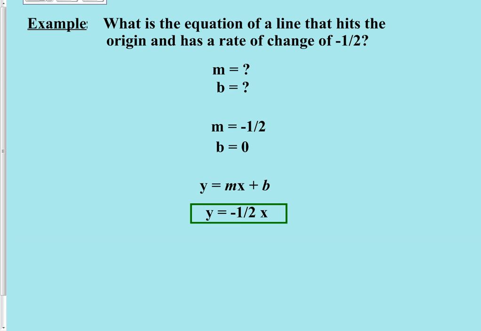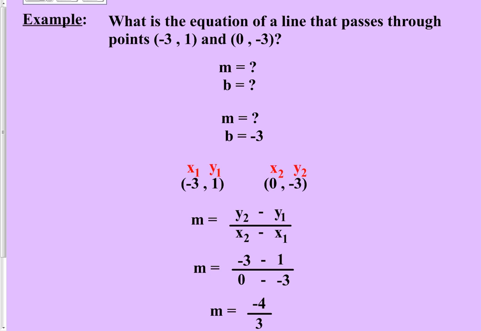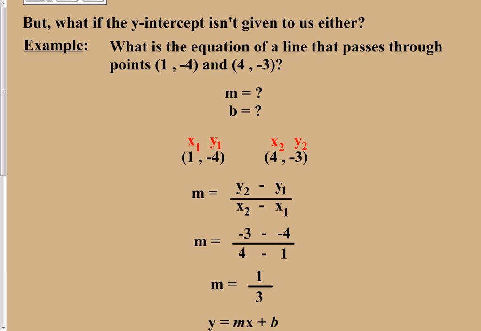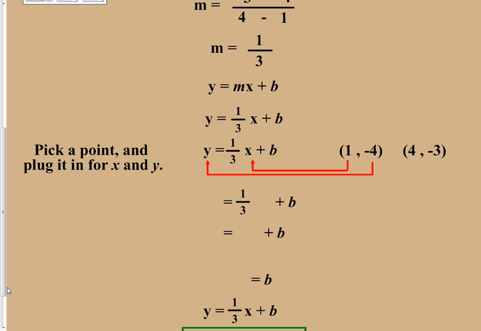Okay, now a lot of the equation writing stuff is very simple, especially if you are handed the y-intercept. We can calculate the slope really with no problem. The problem arises when they do not give you the y-intercept, and you end up sitting in a spot where you have the slope but the y-intercept is unknown. Well, you're not out of options yet, because the basic rule for all of graphing is: if you know of a point that does in fact live on a particular graph, in this case a line,